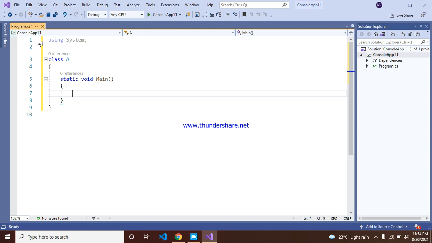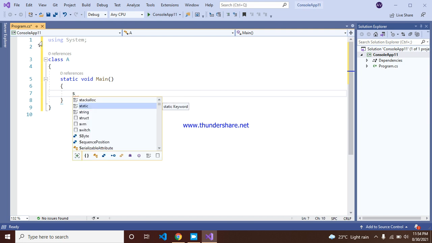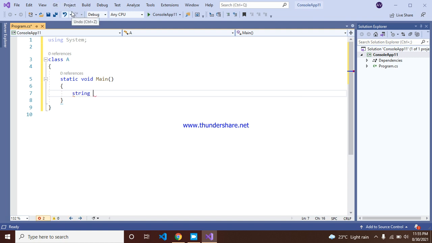Suppose we take one data type, string, like name is equal to Veera.